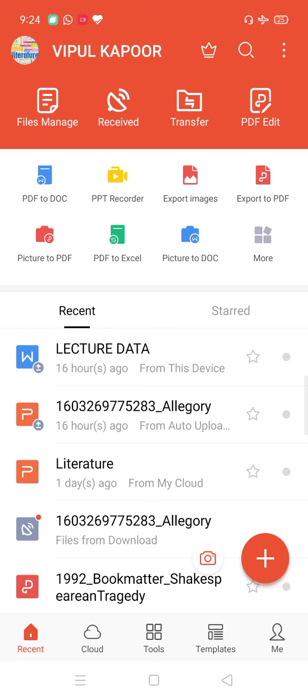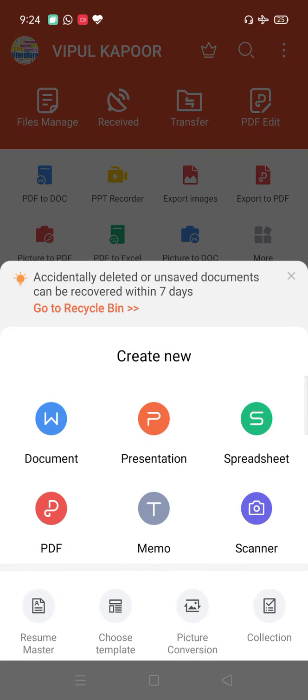Okay, you click that plus and then you will see this window, where you will be asked what you want to create: a new Word document or a presentation or a spreadsheet or a PDF or whatever, right?